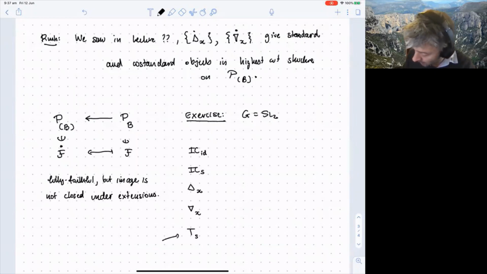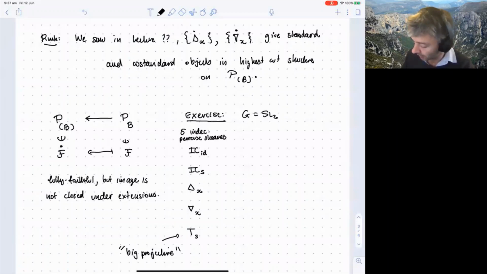This is the so-called big projective or interesting tilting sheaf. So there's 5 indecomposable perverse sheaves. So this is in P constructible. In PB,